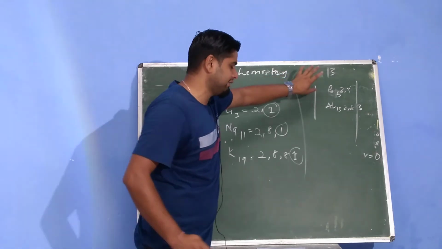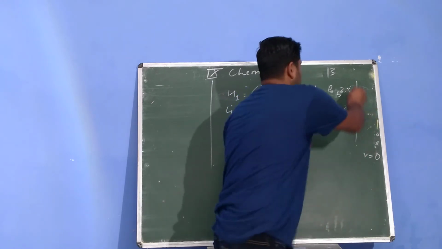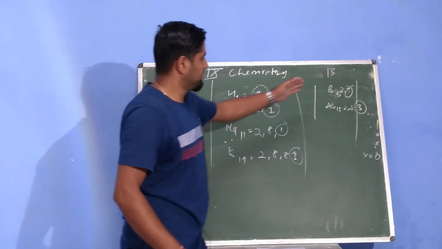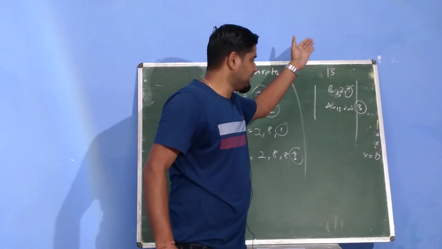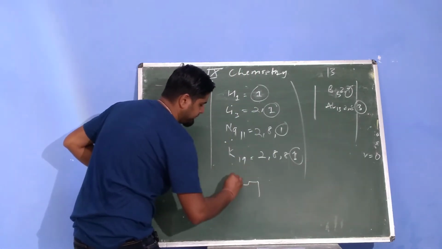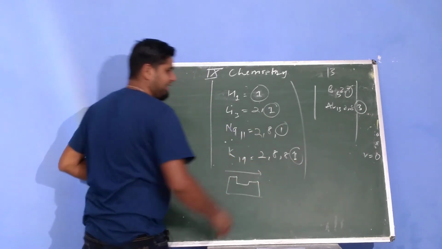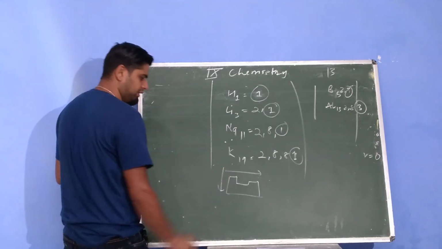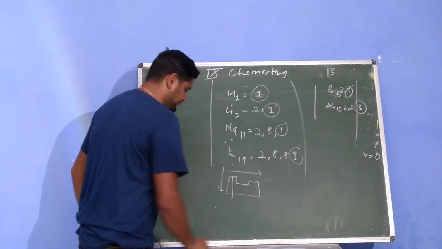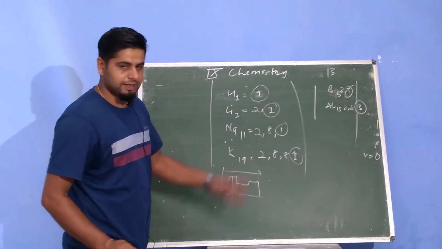So in group 13, why have I not written all the elements? Because to show you this only: here 2-3, 2-8-3. So valence electron will be the same for the entire elements in a group. That is why they are in group 13. Got it or not? So valency for group 13 will be the same. Suppose this is a periodic table, and if we are moving from left to right, first valency increases up to 4, and after that decreases by 1. If you move down a group, then the valency will remain the same. So valency will remain the same for group 1, and for group 2 also, group 3 also, valency will be the same for the entire element.